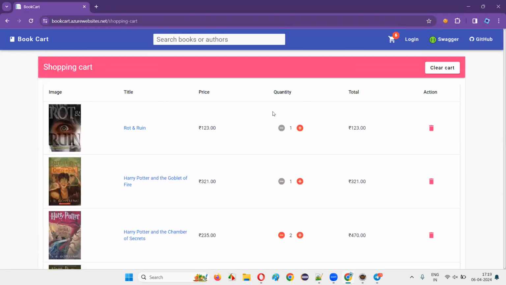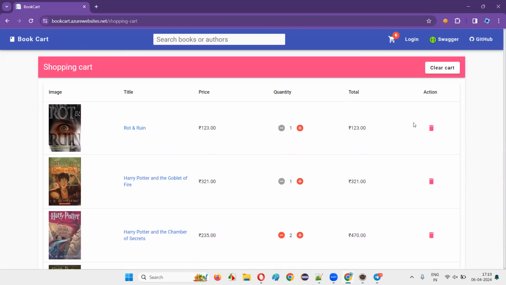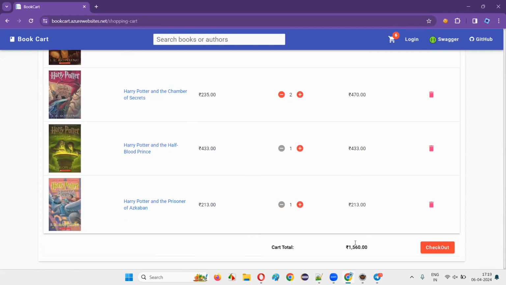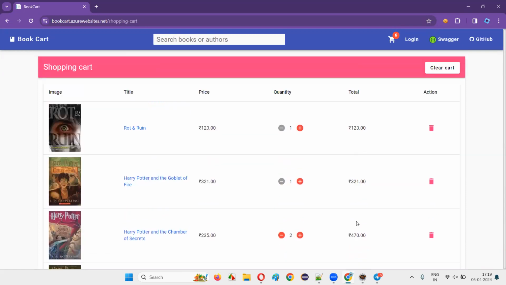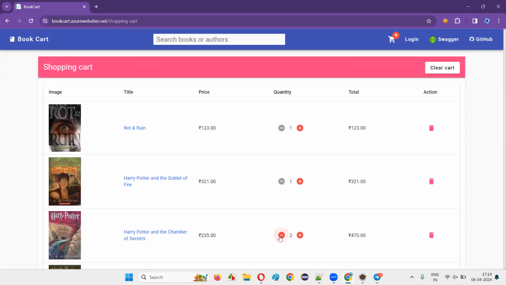Once I click on this, all the books that I have added should be there here. I have to verify the price of these books and then calculate whether this total is matching with this particular total. And then after that,